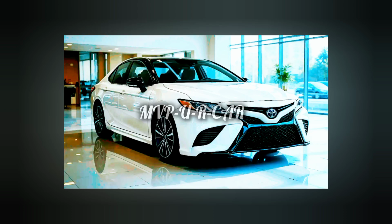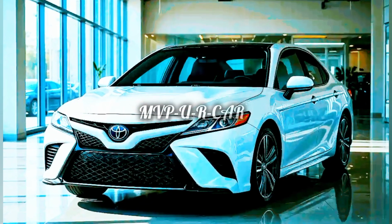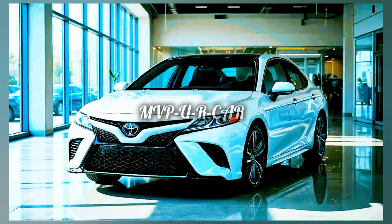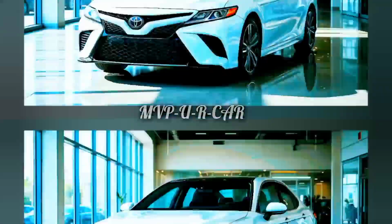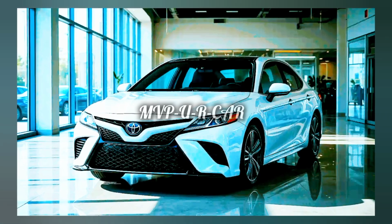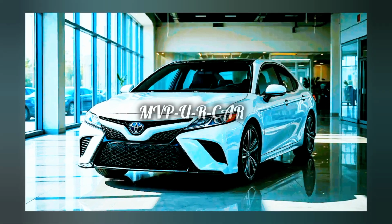Today, we're shifting focus to one of the most trusted and refined sedans of our time, the 2025 Toyota Camry. Toyota has completely reimagined the Camry for this new generation, and the result is a bold, sleek, and fully hybrid-powered car that blends elegance with efficiency like never before. Gone are the days of conservative styling. The 2025 Camry steps forward with a futuristic presence, modern interior, and an eco-conscious heart, setting a new benchmark for